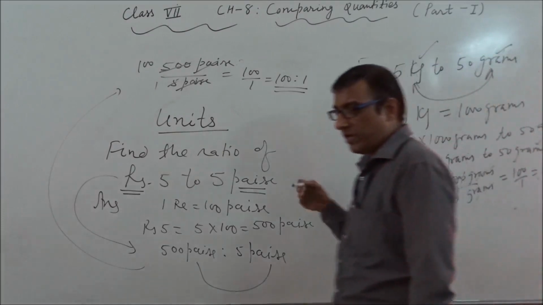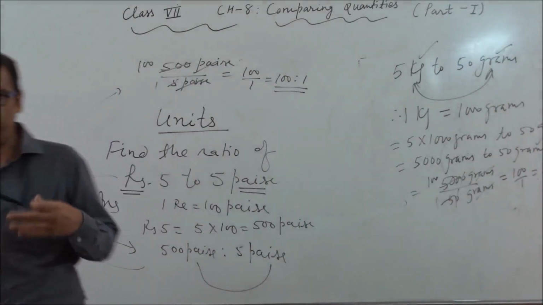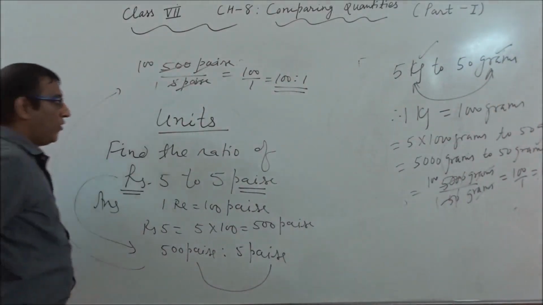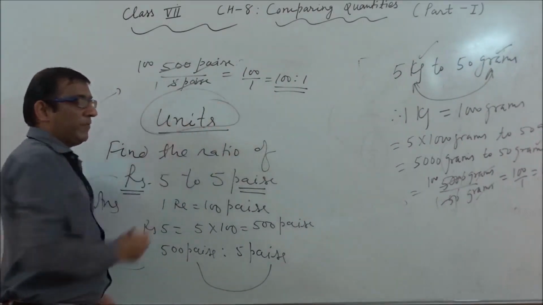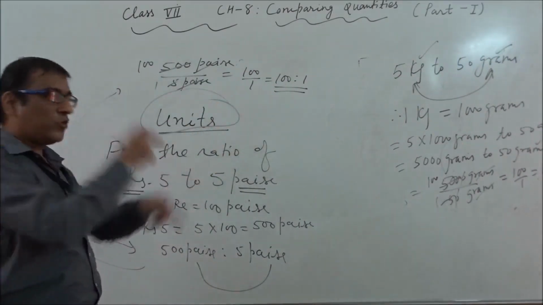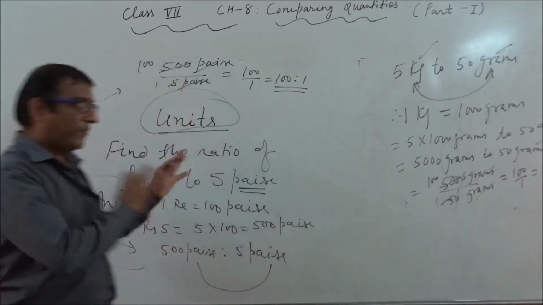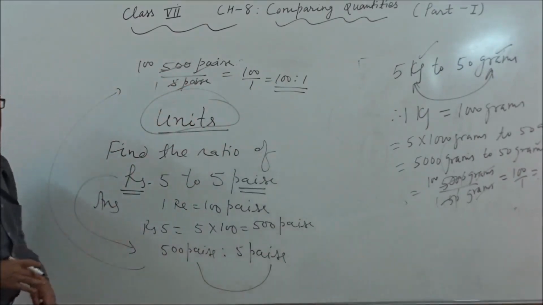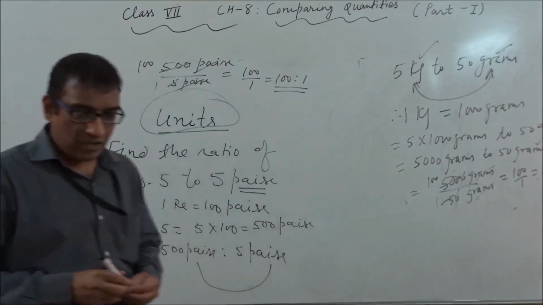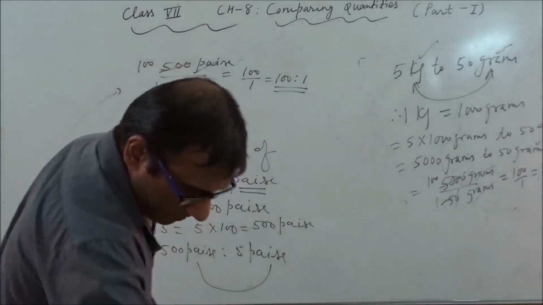So this is the way of solving questions related to ratios. You have to pay attention to only one thing: units should be the same. If units are not the same, first we will convert them into the same units, as you see in this example. If units are the same, then comparison is possible, otherwise comparison is not possible. After this,